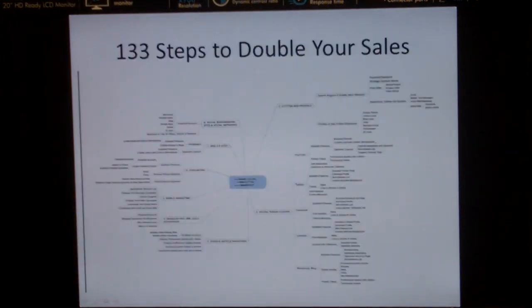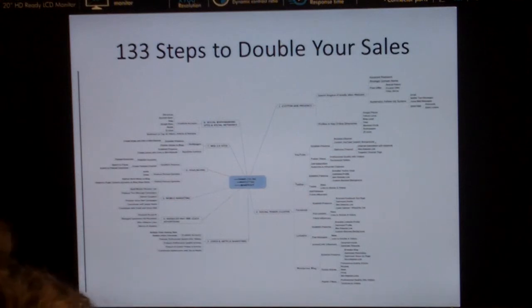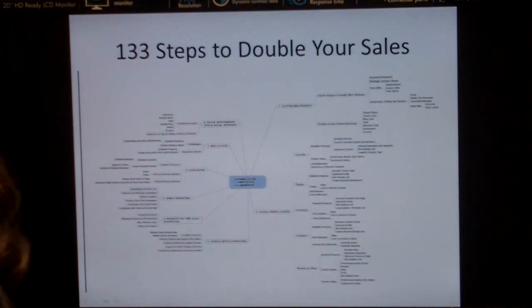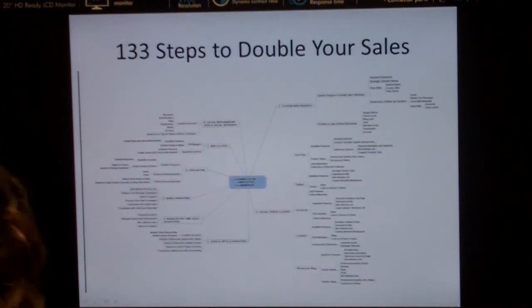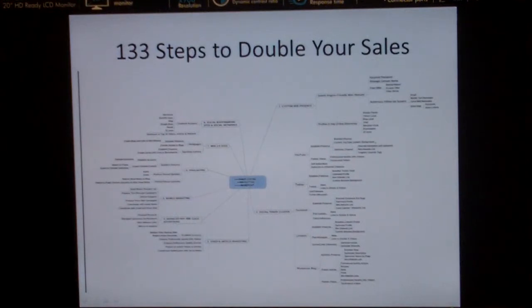We've been talking about how an automated perpetual marketing funnel is a series of 133 steps that we execute for you over 12 months. And we know through our tracking software that if we do all 133 steps for you, we will double your sales. Now, we started off talking the other day about how you need